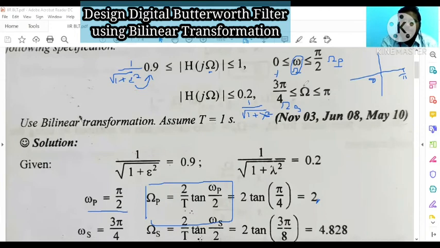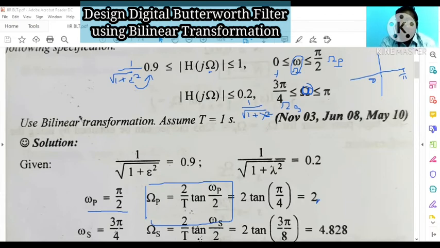Suppose in this problem I consider this to be a small omega as well. If I consider this is small omega, then here also you need to convert it, right? So omega s equals 3 pi by 4. This is small omega, isn't it? That is a digital frequency. Now I need to convert this to analog frequency. If it is capital omega, there is no problem for conversion. But if it's a digital frequency, be careful. You need to convert it into analog, and then only we will proceed with the problem.